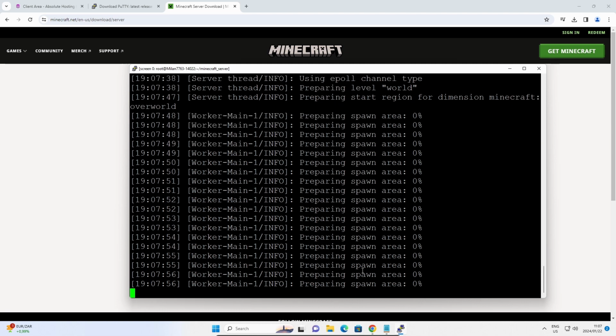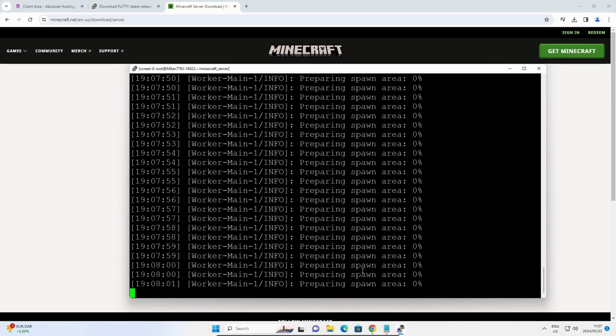And while we wait here, just another disclaimer is that this is a vanilla version of the server, so there's no extras or no plugins or no mods, nothing. So if that is something you're interested in, I can most probably make a video eventually on that, but you would need to get a better VPS for that. So you would have to change the 2 gig of RAM to 4 gigs, and then maybe just add another 4 CPUs as well for a faster